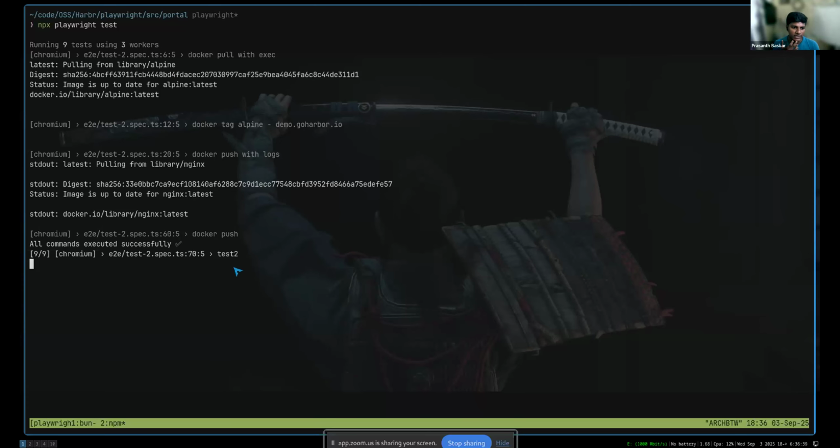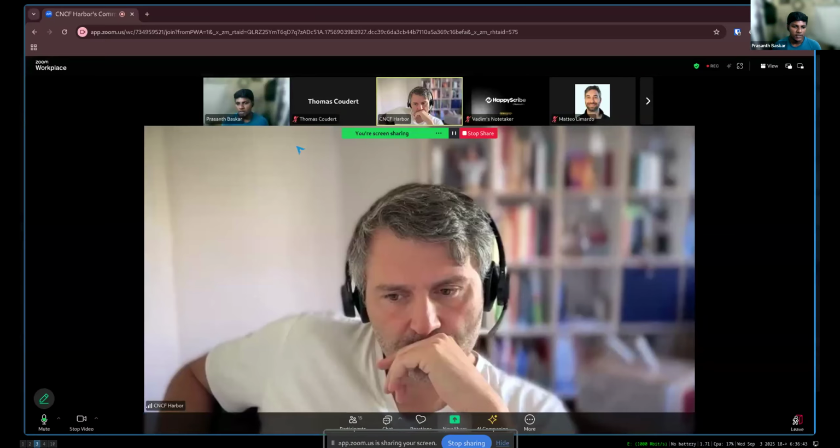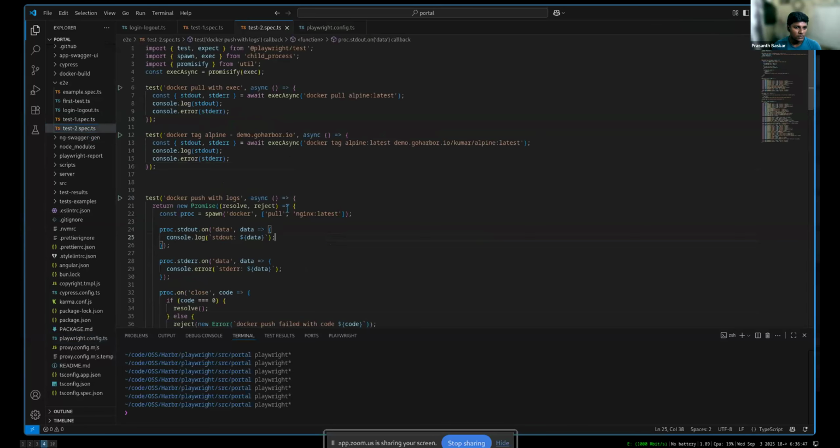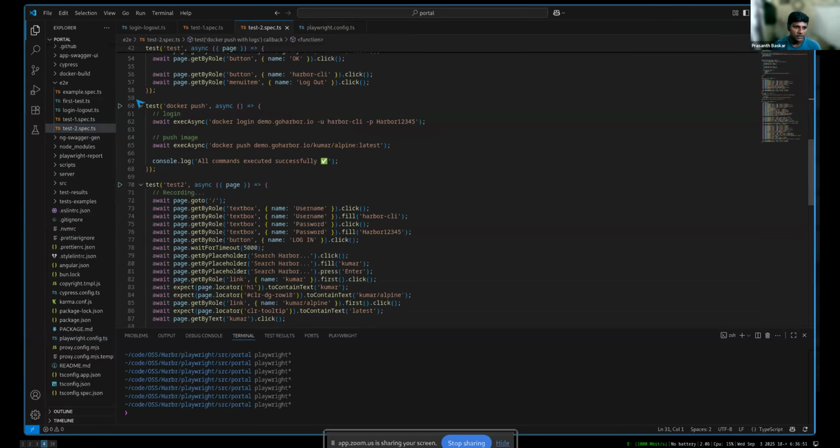If any of the test cases fail, we can check them interactively. For example, this is the Docker push, and it's pretty simple. We can have all the tests directly, and not spread out across multiple different files with no linting, no nothing. Since this is TypeScript, it has LSP support, which means you can get type hints and